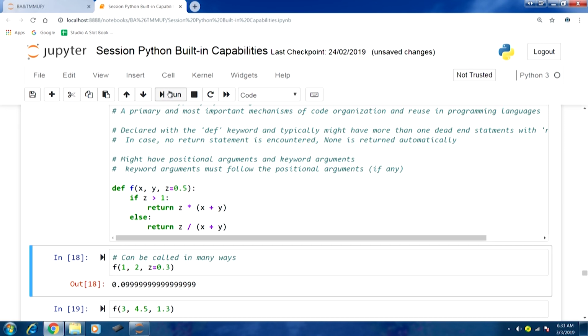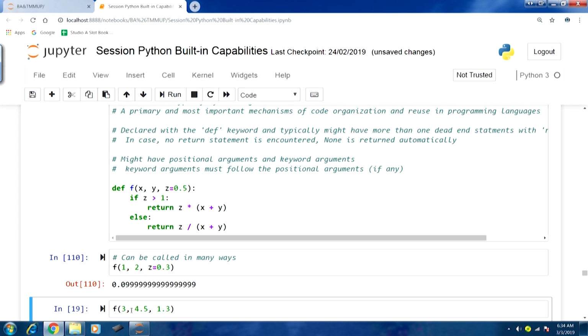The function can be called in many ways, as we discussed, because of the positional arguments and the keyword arguments. You can see in the first example we are taking function f, and in the parentheses for the first argument value we are passing 1, then 2, and then we are using the named argument z equal to 0.3. The default value is 0.5, so now this value that we are passing is to be used. If I run this, we will get the output.